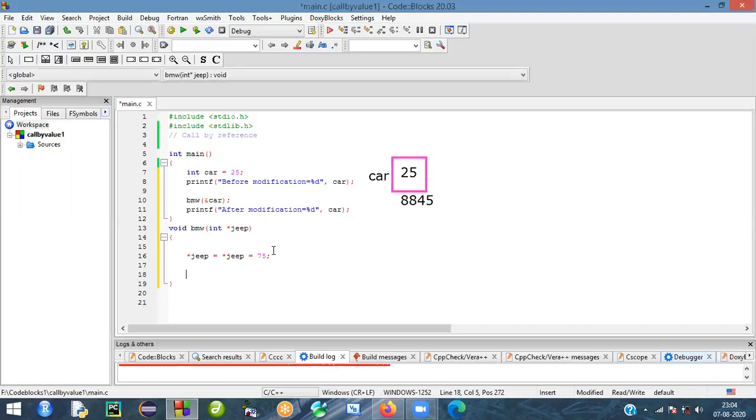After the calculation, I will print using printf, "after the modification".